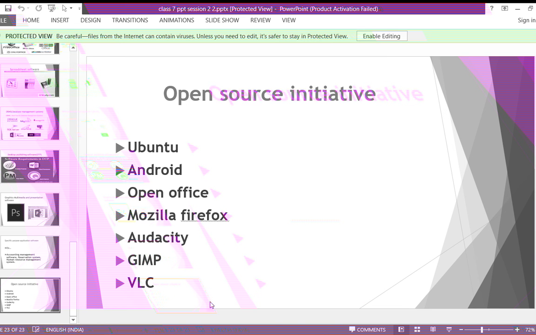It's a video player. VLC is used to play the video which you already created. Any doubt? No, ma'am. Okay, so VLC is the VideoLAN client. It is used for playing whatever video we have created, using the VLC player.